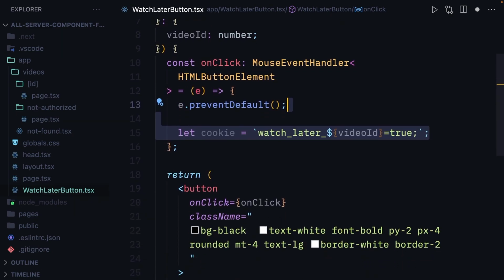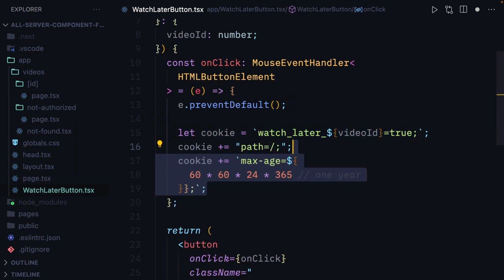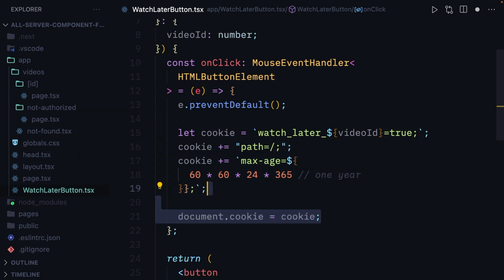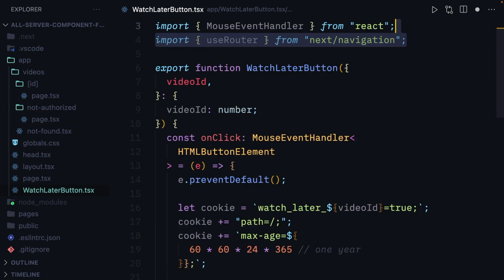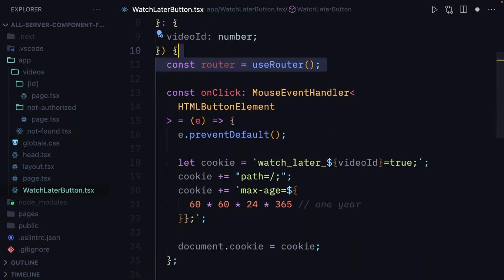And then we're gonna define the cookie. And as I said, we need to do this manually. So we set the watch later cookie to true with the video ID. We're gonna set the cookie path, the expiration date for 1 year, and we're gonna set document.cookie to the cookie we just created. Finally, we need to import useRouter from next/navigation, use the useRouter hook, and we are